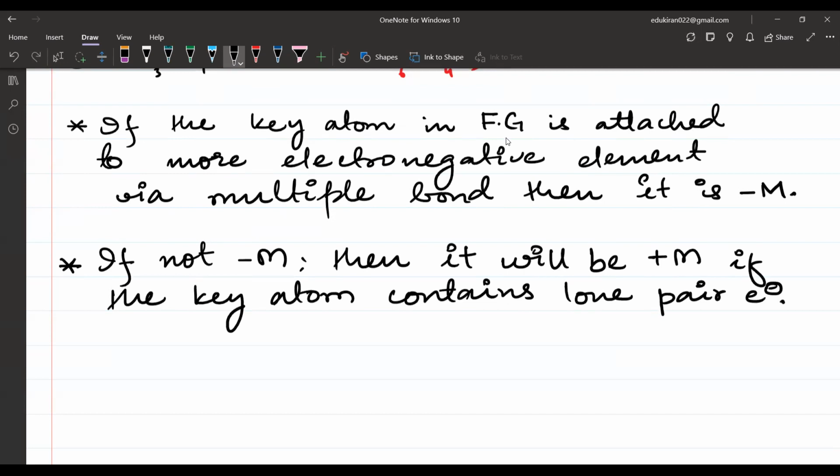ठीक है, अगर माइनस एम नहीं है तो प्लस एम होगा. कब होगा प्लस एम? जब उसके पास लोन पेयर ऑफ इलेक्ट्रॉन्स हो. लोन पेयर ऑफ इलेक्ट्रॉन्स हो, अगर नेगेटिव चार्ज हो तो नेगेटिव चार्ज इज ऑल्सो लोन पेयर इलेक्ट्रॉन, ठीक है ना। आई एम जस्ट नॉट राइटिंग नेगेटिव चार्ज, लेकिन जहां पे भी लोन पेयर, नेगेटिव चार्ज का मतलब ही लोन पेयर, देयर इज एक्स्ट्रा लोन पेयर देयर।